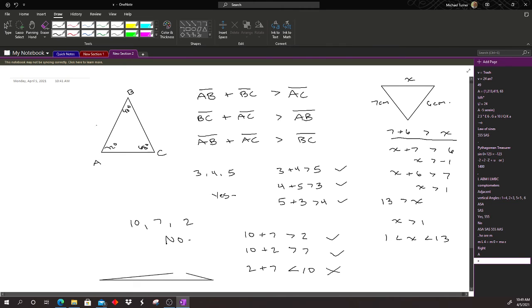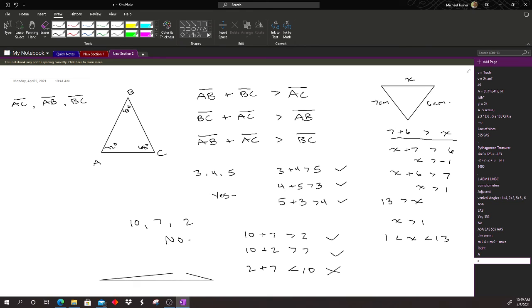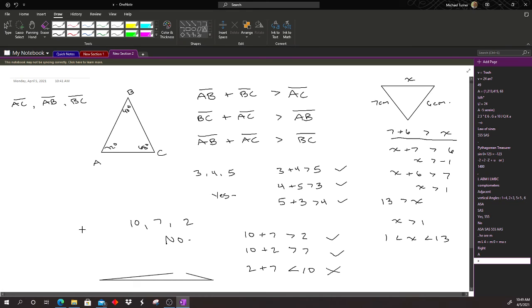So for a diagram like this, if I asked you to put the side lengths in order from shortest to longest, B is the smallest angle, so AC is the shortest side. And then the next largest angle is 68 degrees, so then AB would be the middle length size, and A is 72 degrees, so therefore BC would be the longest side. And it would be a similar process if I gave you the